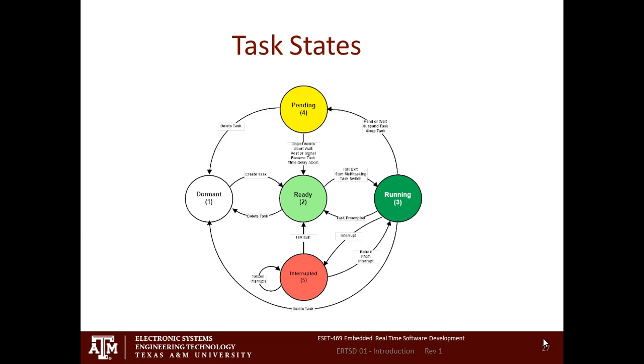A task can also be running. So the kernel is now going to go through, and the kernel has this list of all of the ready tasks and all of the other tasks as well. The kernel's out there looking. Task 1, are you ready? No. Task 2, are you ready? No. Task 3, are you ready? Yep. Task 4, are you ready? Yep. Task 6, are you ready? Yep. Okay, who's the highest priority? Task 4. Okay, task 4, you start. That's what the kernel does. So the kernel will transfer control to the highest priority task and put it into the running state.